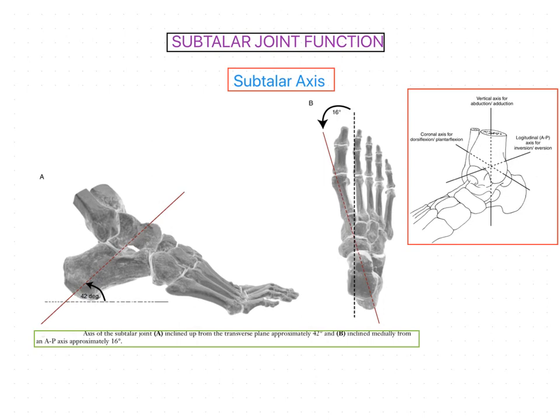and also the other function we are going to discuss in the subtalar joint function is range of motion. So what is the range of motion included in the movements of the subtalar joint? If you see all these things, the overall function includes both arthrokinematics as well as osteokinematics together.